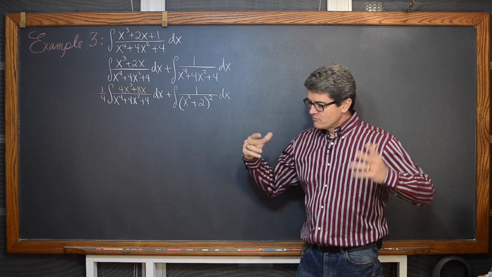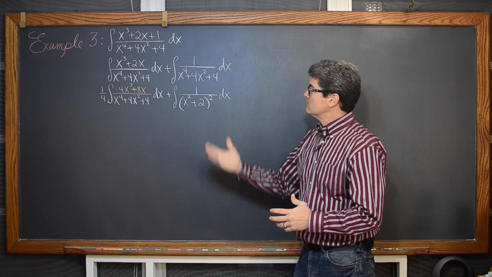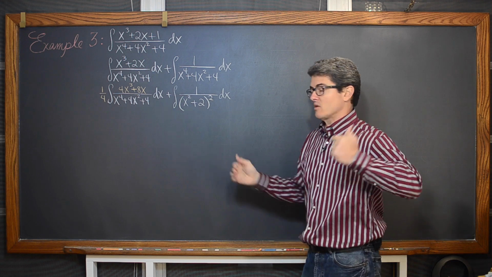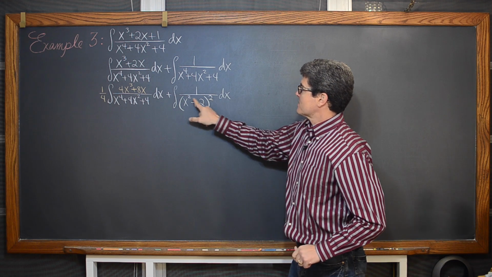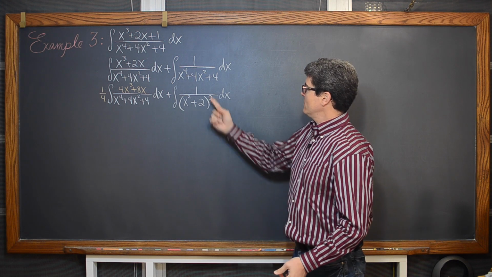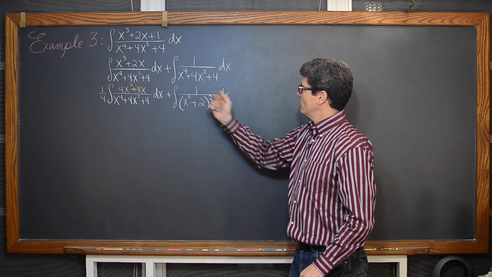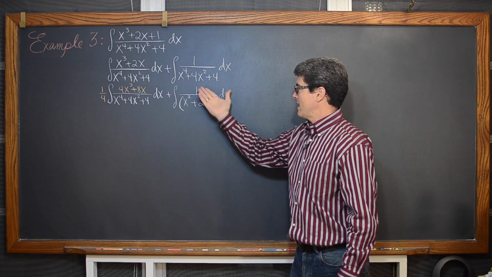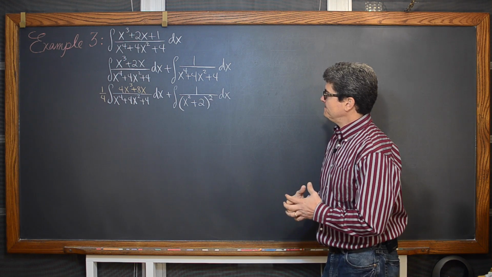Okay, so just because you're learning trigonometric substitution doesn't mean every single problem is going to work like that. Maybe this is my u. Well, if my u is x squared plus 2x, then my du is just equal to 2x. I don't have an x up there to work with that.